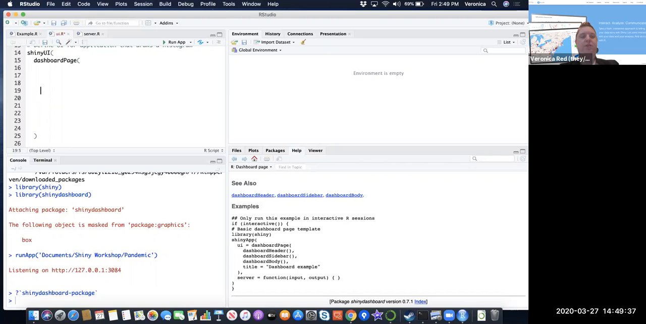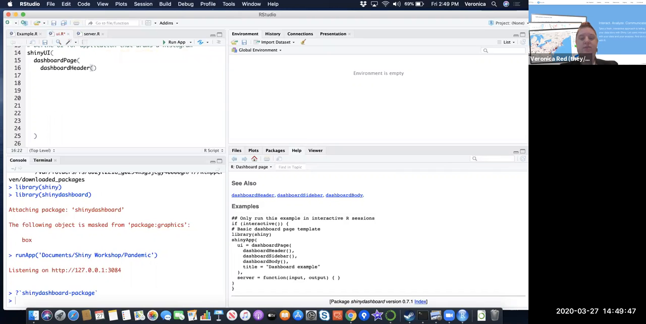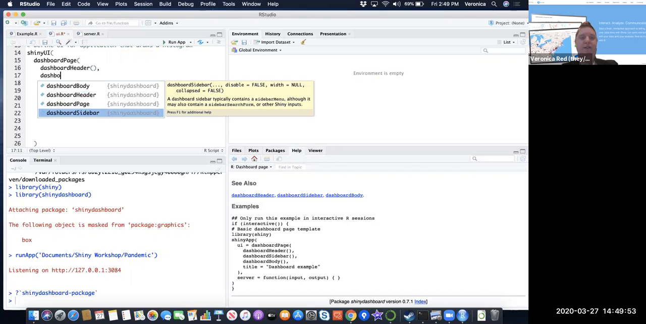And add a bunch of returns in the middle, so I got lots of space. Now remember, the dashboard page has to have 3 different pieces. It has a dashboard header, a dashboard sidebar,